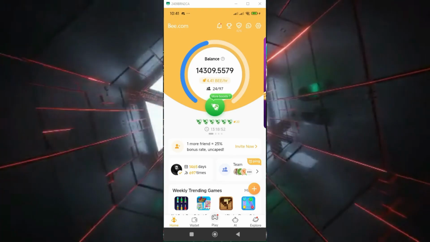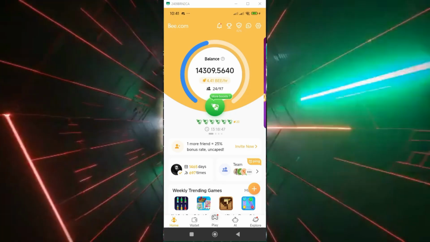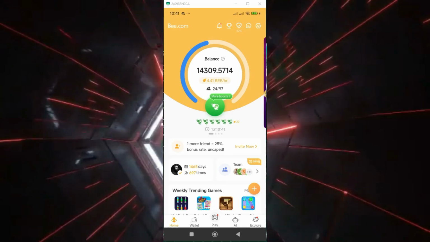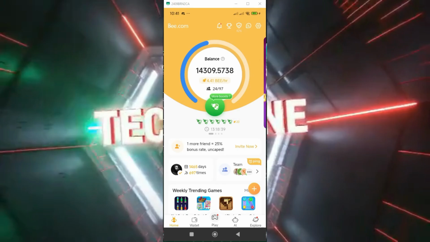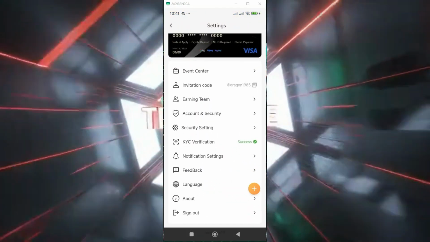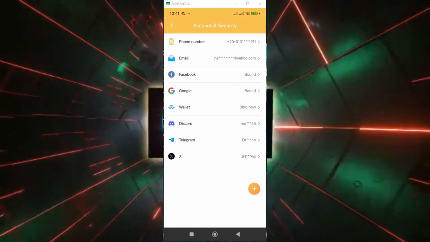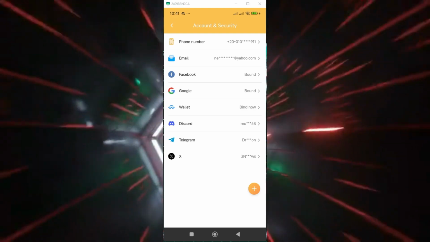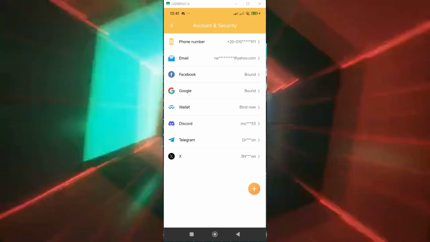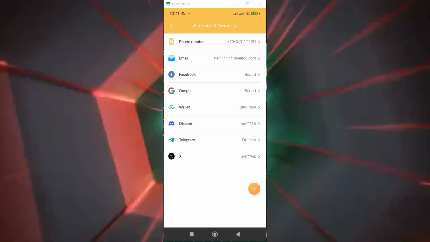Today we're going to speak about how to connect your wallet in B network. Right now, as you see, there is this mark on the upper right side. You have to click on it, go directly down, and go to account and security, and you will find, for me, I found Discord, Telegram, X, email, not Facebook, but my phone number, and I